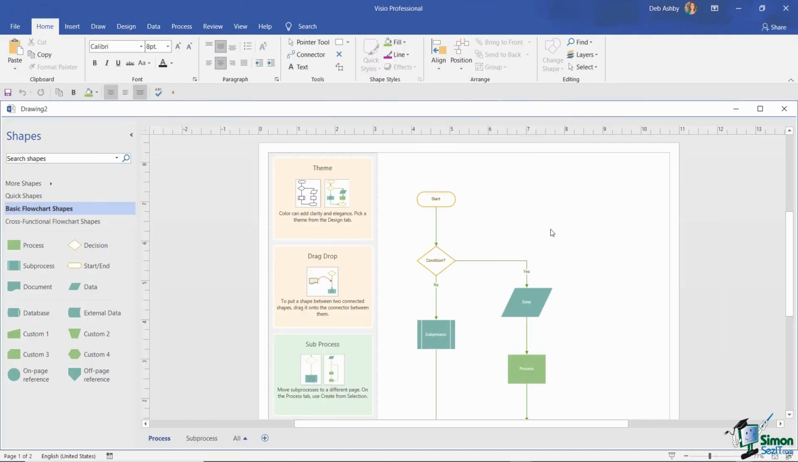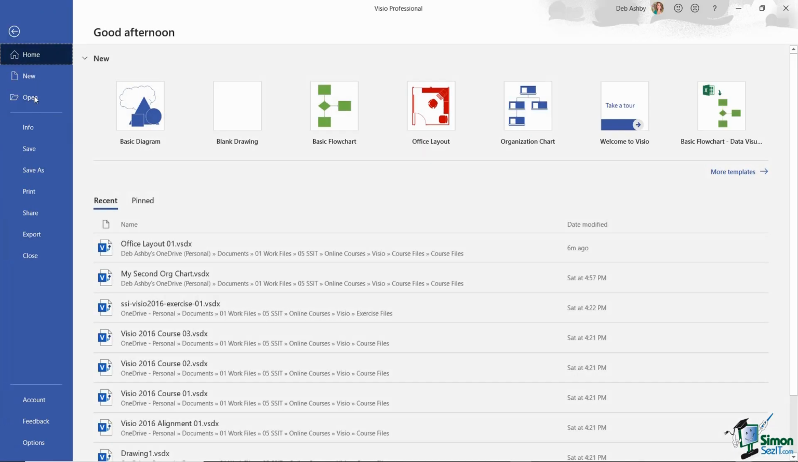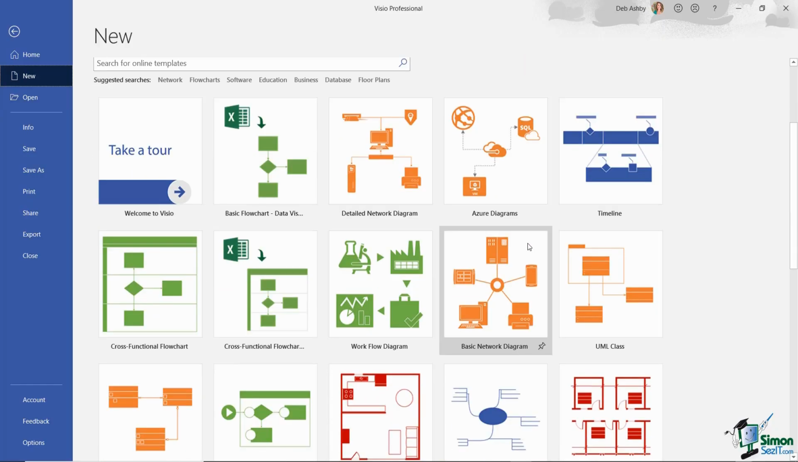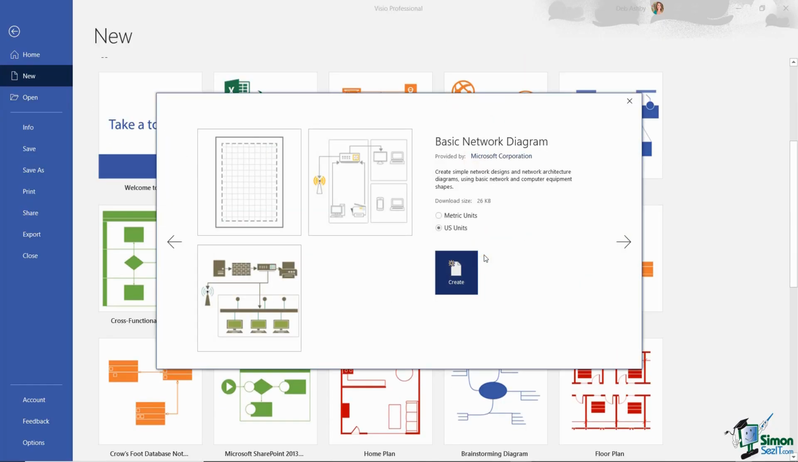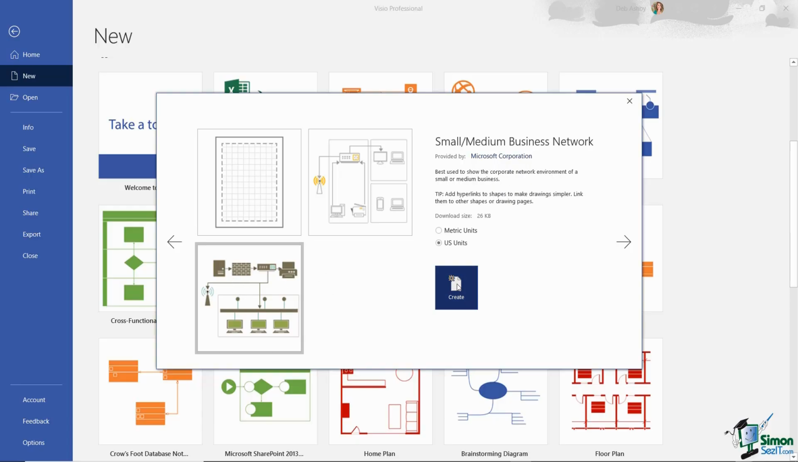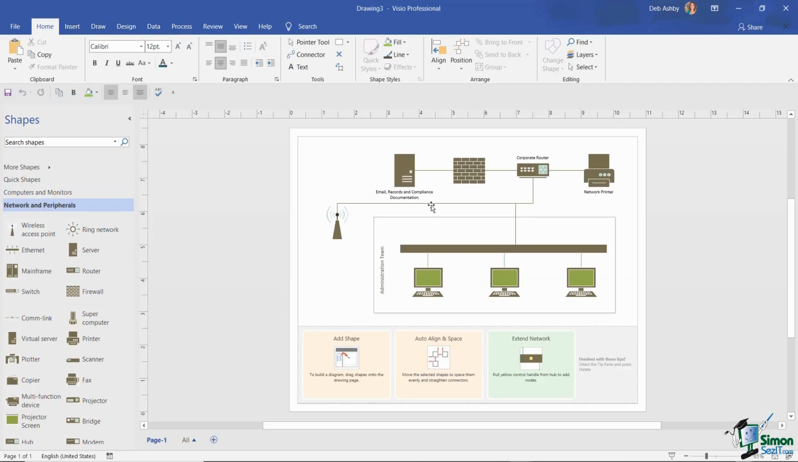Now, it is worth noting that not all of the templates have starter diagrams. But just to show you another example of a template that we're going to be using in this course, let's jump back up to File and go down to New. And this time I'm going to select Basic Network Diagram. Let's choose this last template and click on Create. And again, you can see that this one already contains different shapes, and we also have those useful tips at